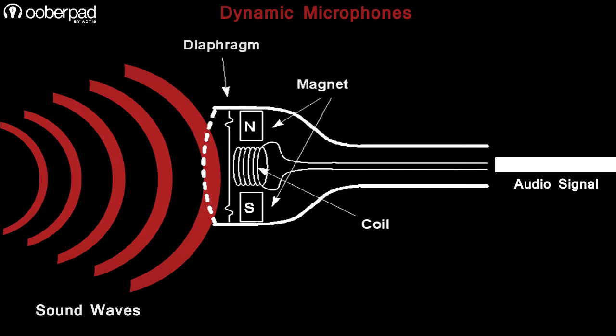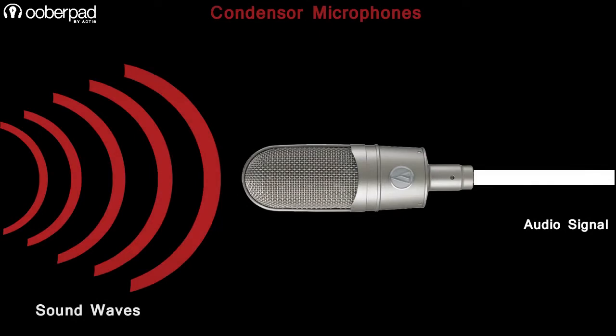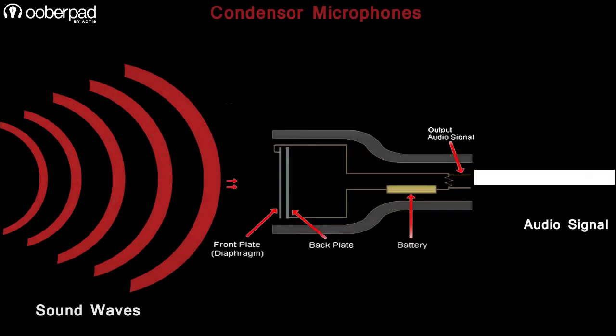Condenser microphones, on the other hand, work slightly differently. The electric current is generated by a variation in voltage caused by the movement of a diaphragm. But this one isn't attached to anything. Instead, as the sound moves the diaphragm, the distance between it and an electrically charged backplate changes. This backplate usually draws power via external batteries or phantom power from the mixer. This change in electrical current creates fluctuations in voltage, which is then amplified to create your sound.